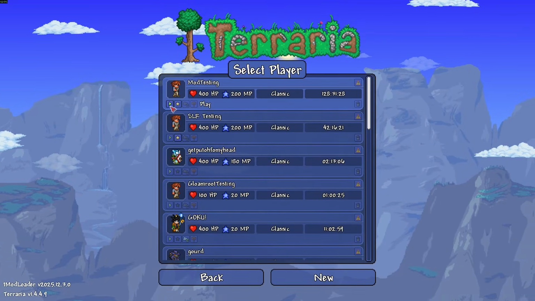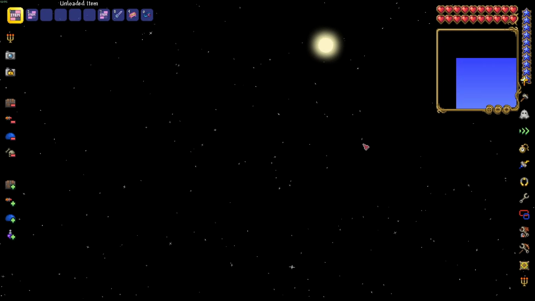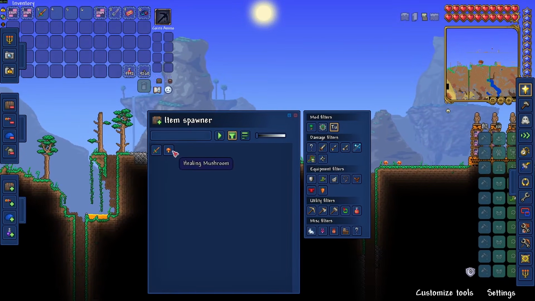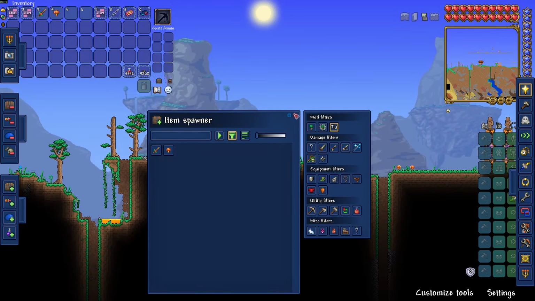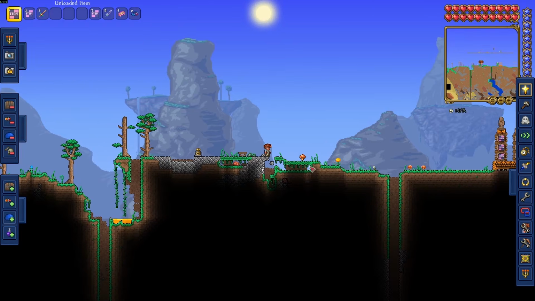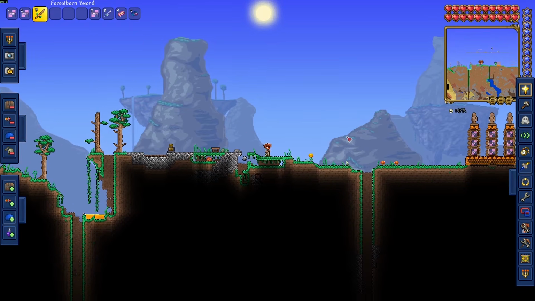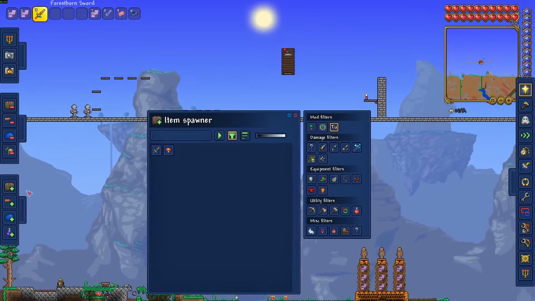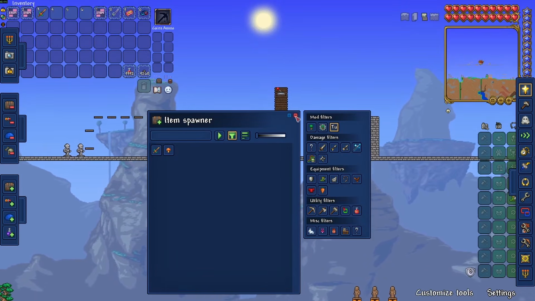Just load it up. Let's grab our Forestborn sword. I know I'm moving a little fast. Also, this is a healing mushroom item we've created. You'll see it has the vanilla thing, and that's what it looks like. And when we pick it up, oh, looks like we got healed for 2. It looks like,